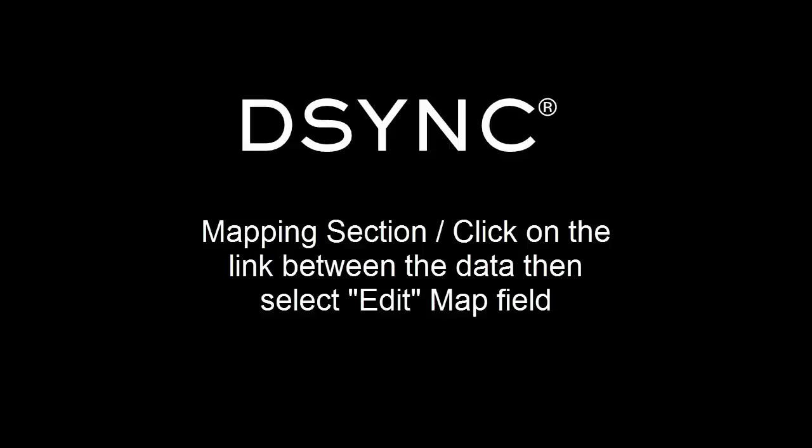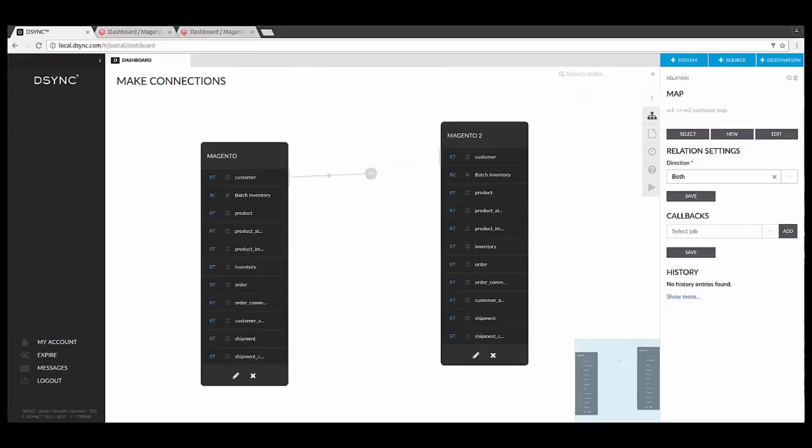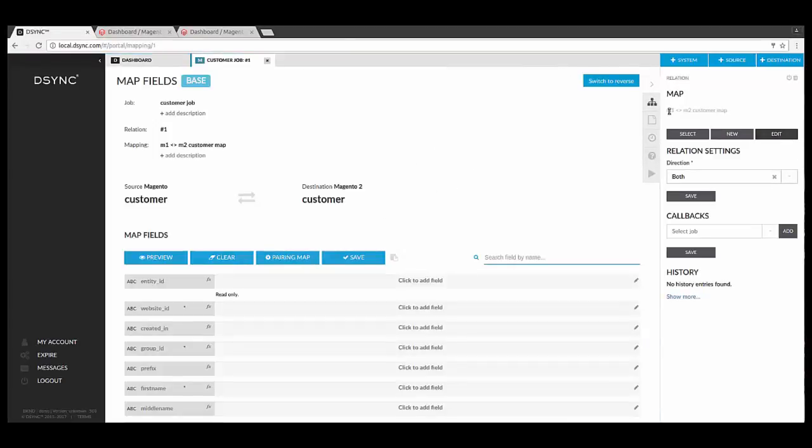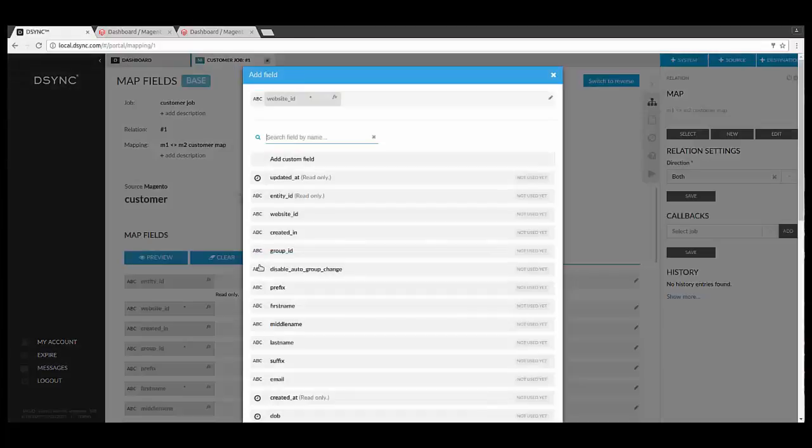Let's get into the mapping section. To begin mapping, click the line between the systems, then select Edit Map. The purpose of the mapping engine is to pair one data entity to another. For this example, it will be fairly easy as we are mapping similar data layouts. The intention is to map corresponding fields so the data can be